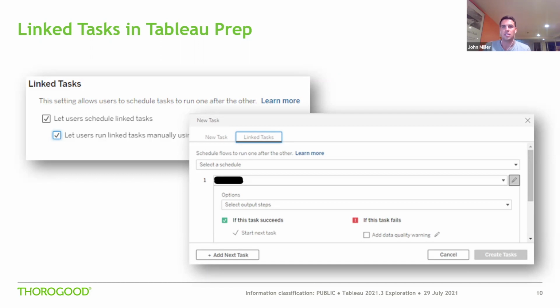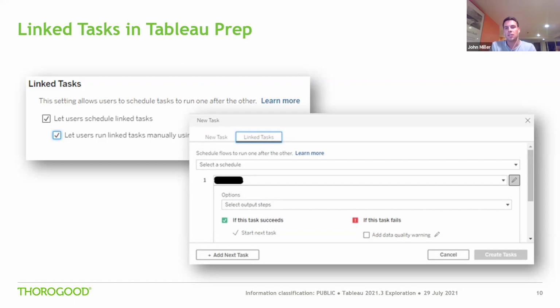You click on the link task menu there, and you'll notice that the flow that you opened is the first task, and then you can configure when you want that to run, etc. And you can set what you want to happen if it succeeds or if it fails. But then the important part of this update is now there's that add new task button, so you can have it call